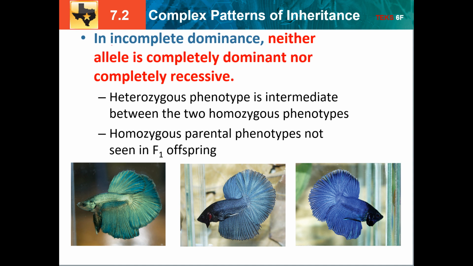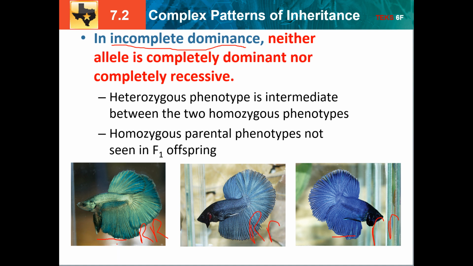The first idea is what's called incomplete dominance, and that's where neither allele, or neither version of the gene, is completely dominant, nor is it completely recessive. To understand that, we'll look at these pictures down here, where you have this green looking fish and then this purple looking one. Let's say the green fish is capital R, and we'll say the purple one is lowercase r, and the one in the middle is the heterozygote, which is